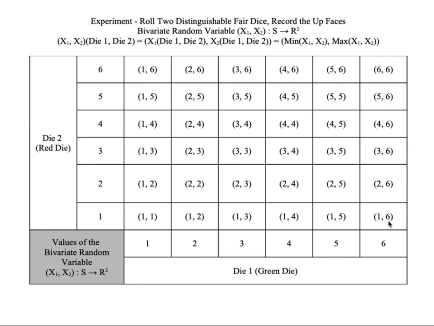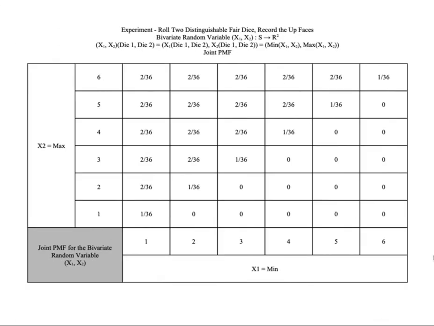On the other hand, if we wanted the probability that x1 is equal to 3 and x2 is equal to 3, well, if you scan through the table, there's only one place in this table where that happens, and that's right here. And that particular cell has a probability of 1 over 36. Okay? So we can use that information and get a tabular representation for the PMF